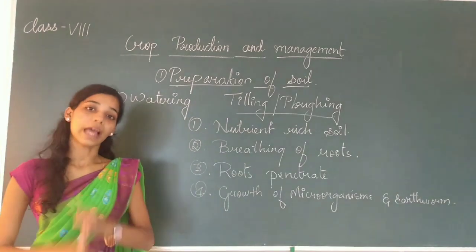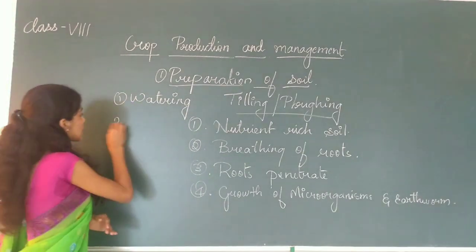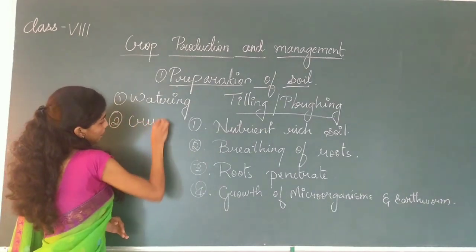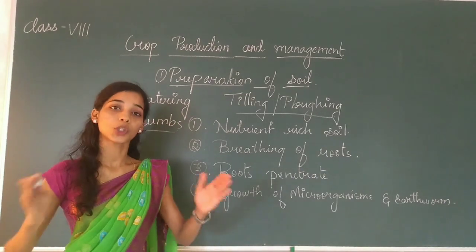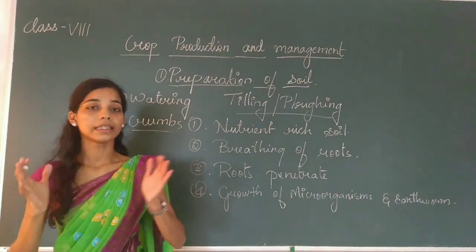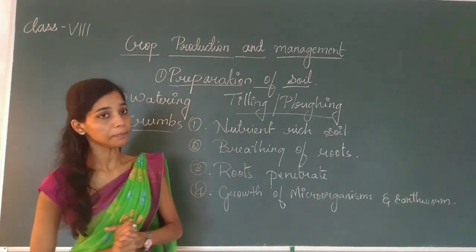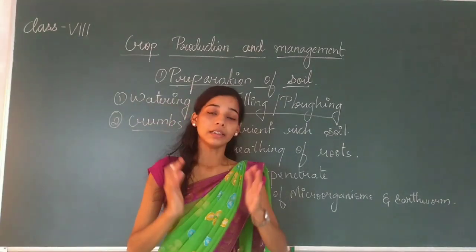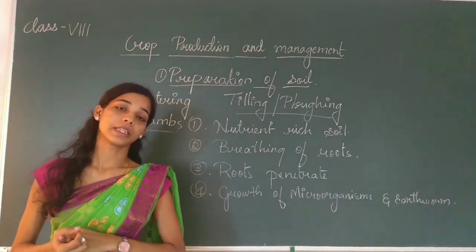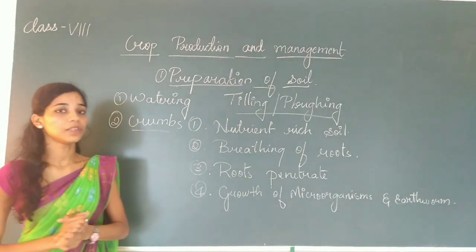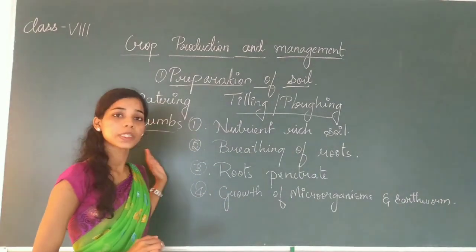Secondly, if the plowed land contains big pieces of soil which we call crumbs, these crumbs must be broken down into small pieces. After this, the land must be leveled for sowing and for irrigation purposes. The leveling of a land can be done with the help of a leveler. After this, the soil is ready for the sowing.